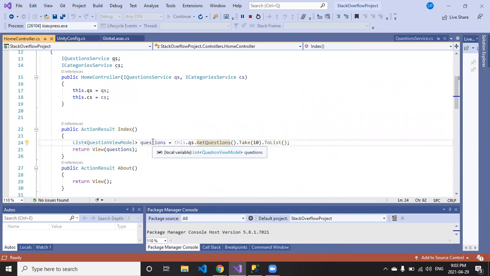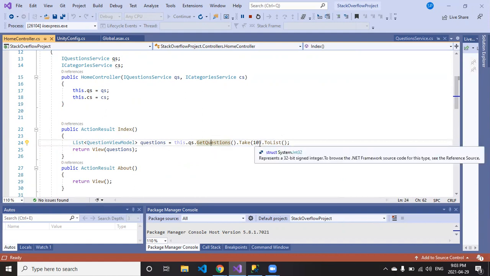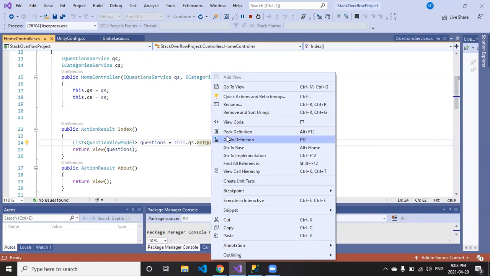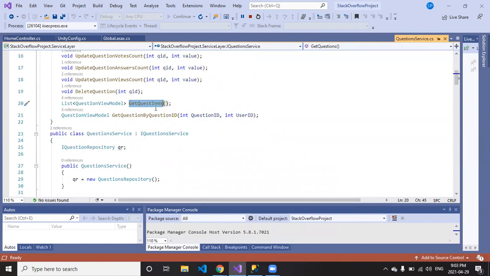I'll create one instance of the question view model, and I will go through the question service from this method. this.qs is my constructor over here, and GetQuestion is a service method from the question service class. It will take up to 10 questions from the database, and it will render them. For that, I'll go to definition, GetQuestions, and over here